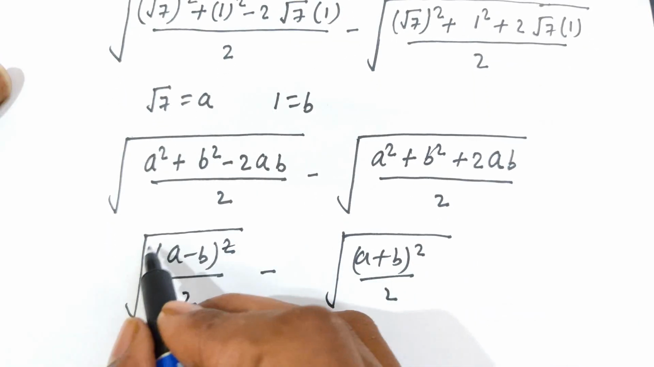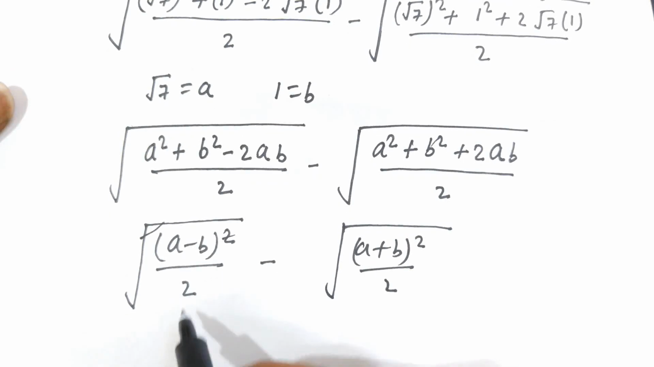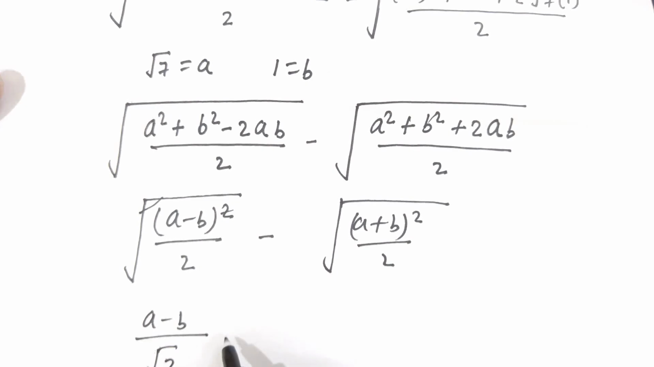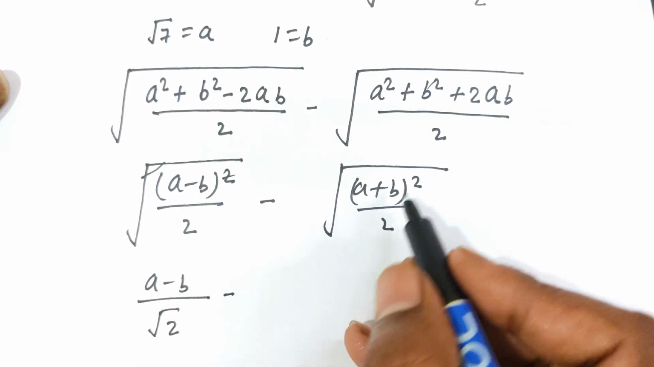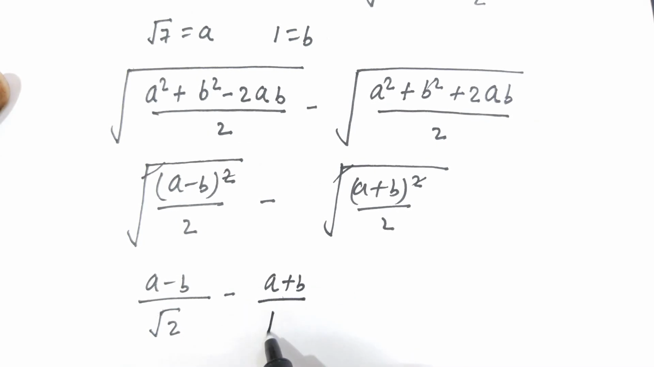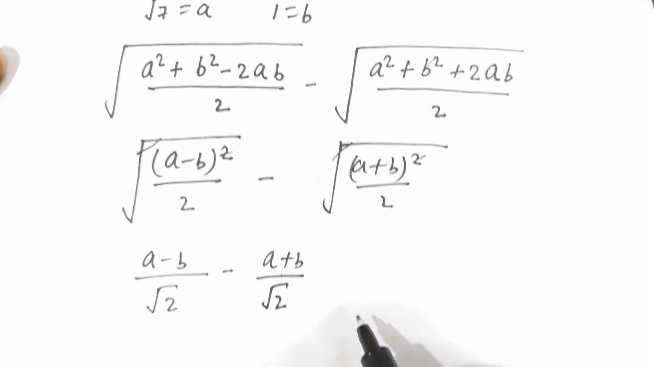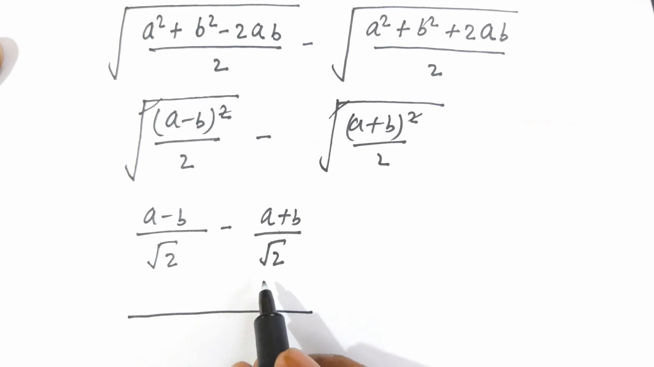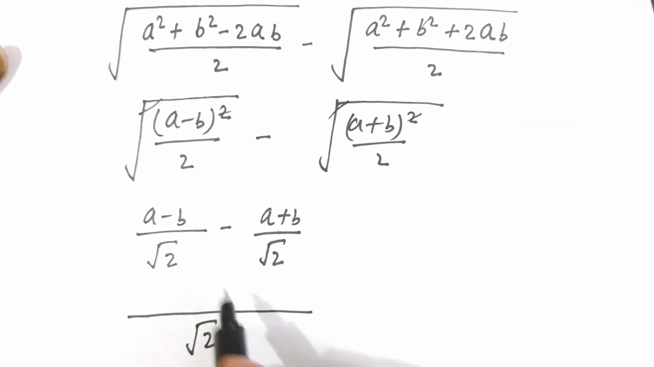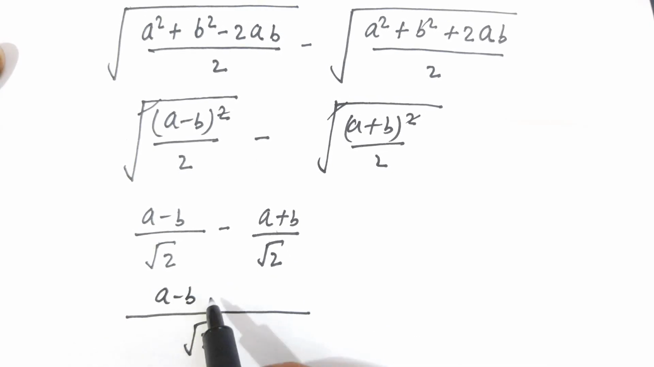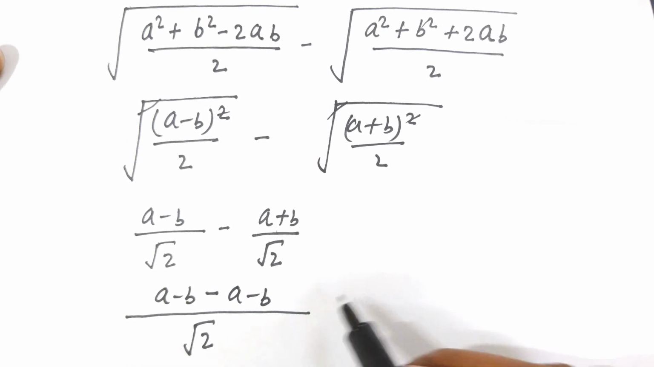Now this square is cancelled out by this square root, and here in numerator a minus b and in denominator square root of 2, minus in numerator this square is cancelled out by this square root, so in numerator a plus b and denominator is square root of 2. Now here common denominator, that is square root of 2, and if we subtract this expression, then in numerator that is a minus b, and this minus is multiplied by a plus b, then we get minus a minus b, and this is equals to